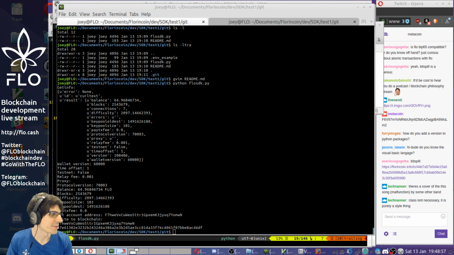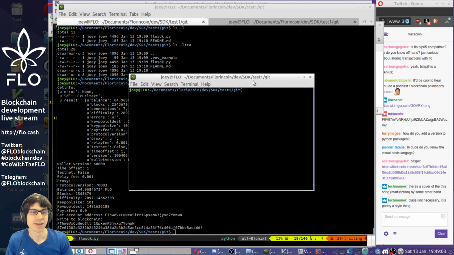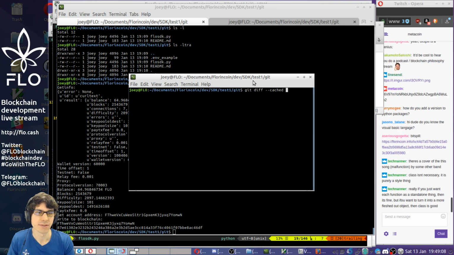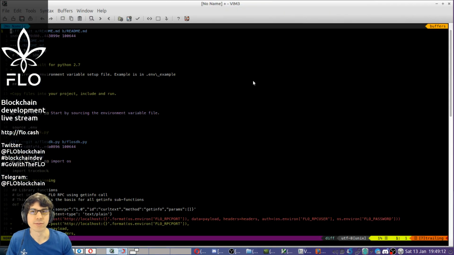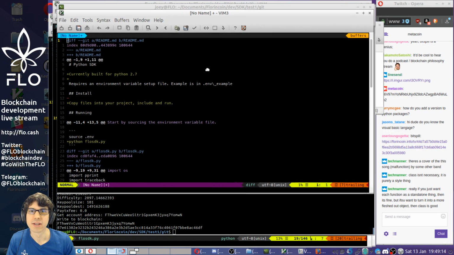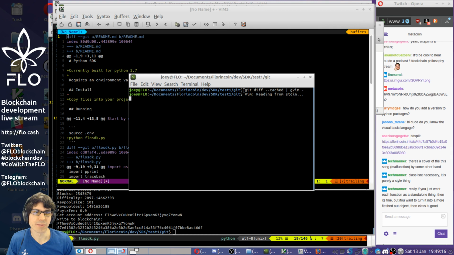Oh, if you guys want to see a pretty cool thing that you can do with Git. Let's see if I remember how to do this. Git diff --cached, and then pipe it to gvim. Oops, it's way too big. So, okay, let's take a step back. I did a git diff --cached, so this is giving me a